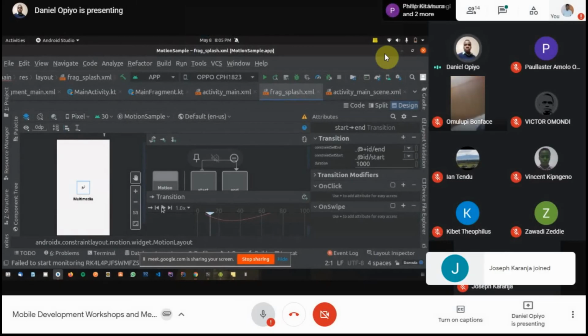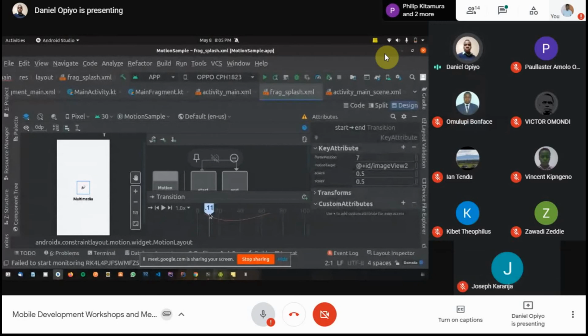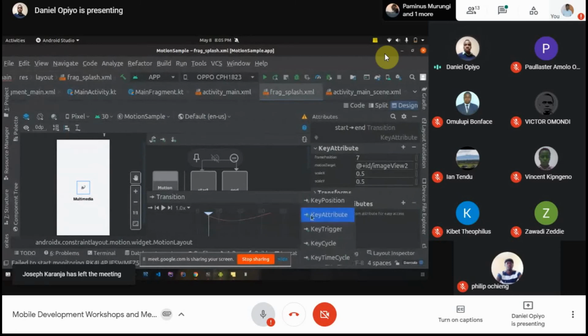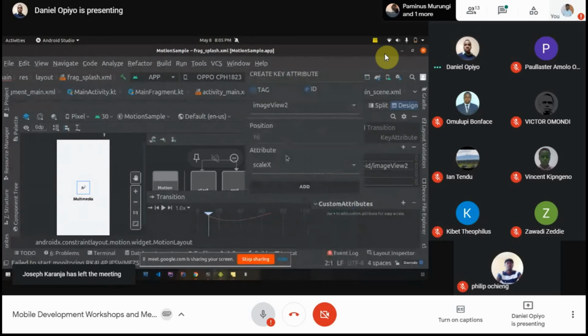And then as we're moving forward, let's now move to another position on our scope. Let's say at position 10 is good. So at position 10, we want the image as in it started with a scale X, scale Y of 1, and then I reduced it to 0.5. Now let me increase it from 0.5 to 1.5. So at the scope of 10, the scale X should be